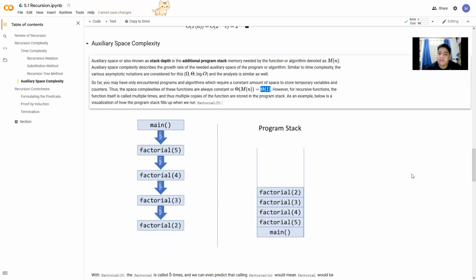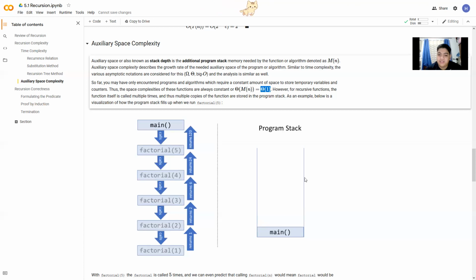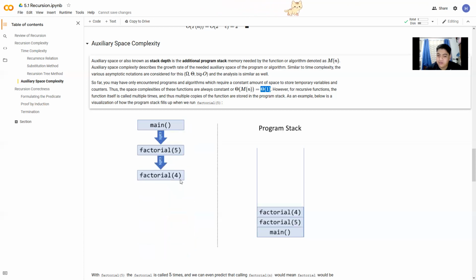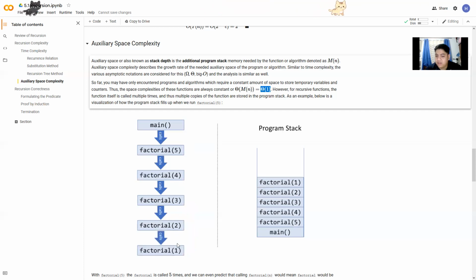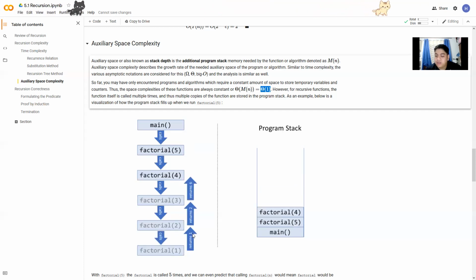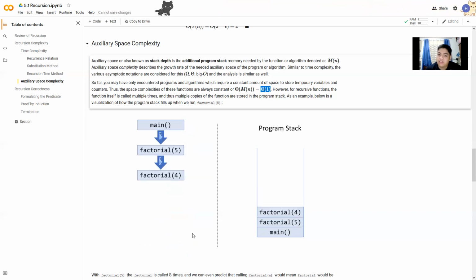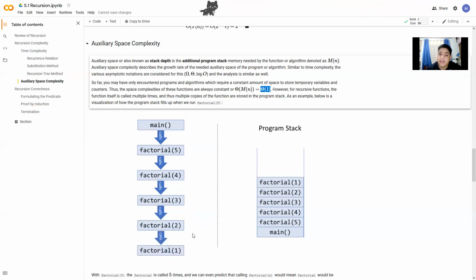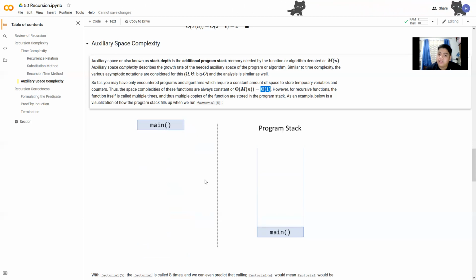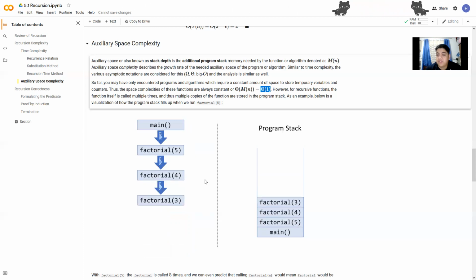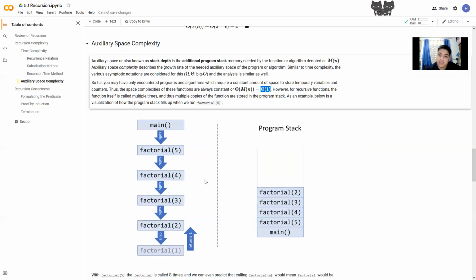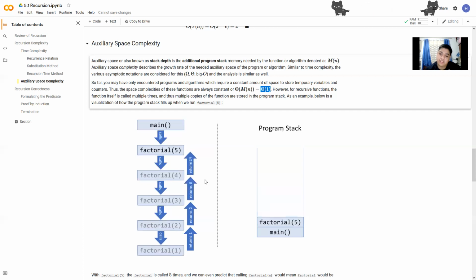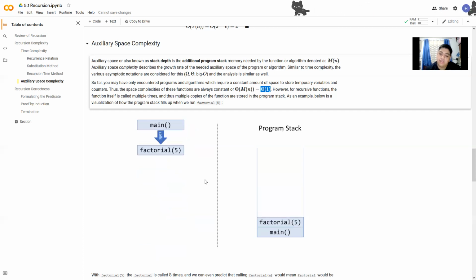However, for recursive functions, when we call, for example, the factorial of 5, it calls the factorial of 4, and then it calls the factorial of 3, and 2, and 1. And only once we finish the execution of factorial of 1 can we remove these factorial functions from our program stack. So each function call would need a constant amount of memory. And then when they are stacked on top of each other, it increases as we increase the number of function